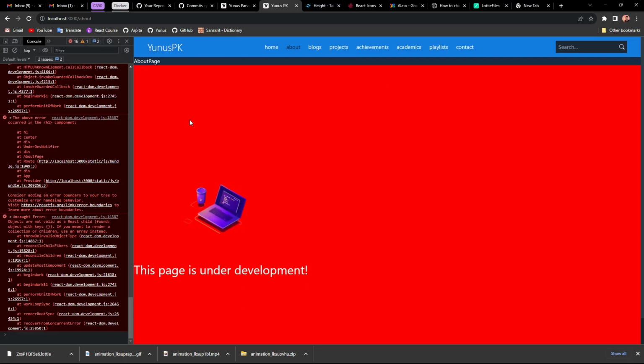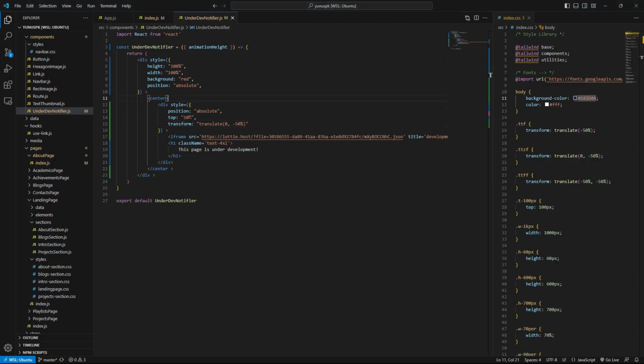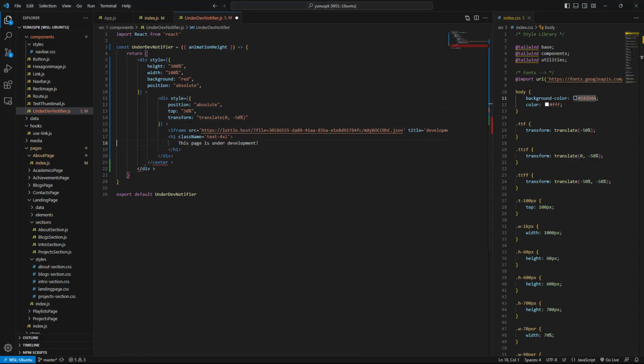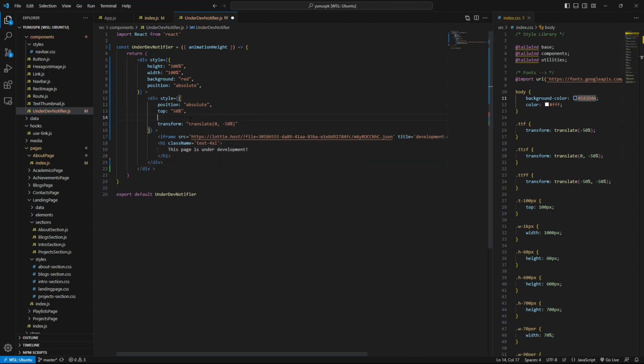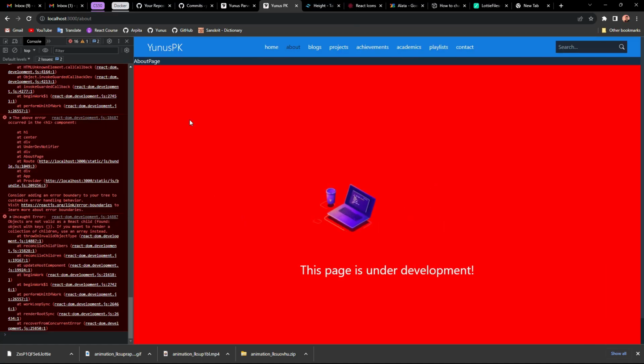And now we're gonna have it from the top. But now the center doesn't work, so we're just gonna get rid of the center thing, and we're gonna have left 50% as well, and a comma, and this 0 gonna turn into minus 50%.